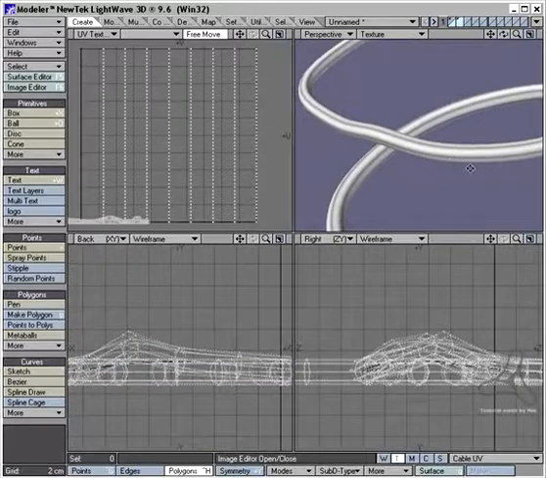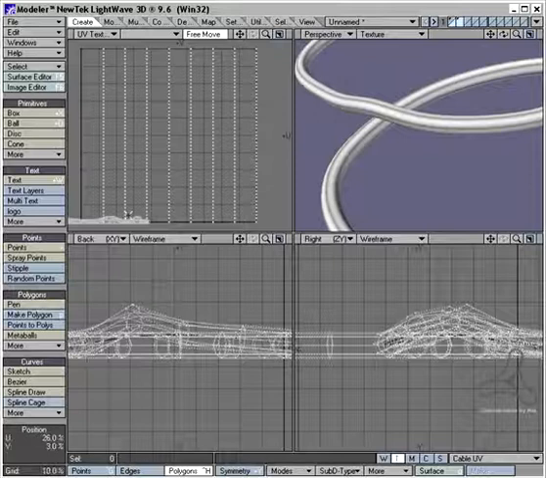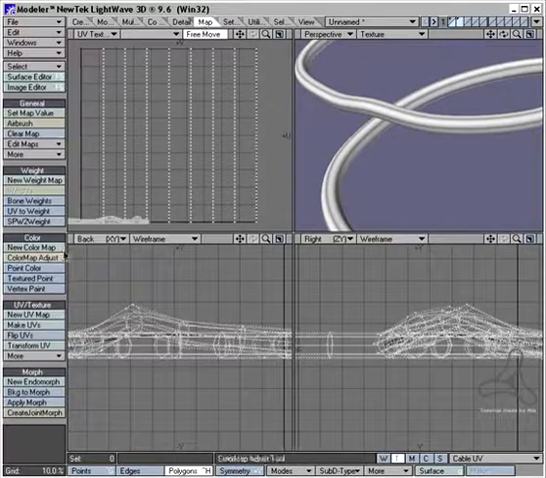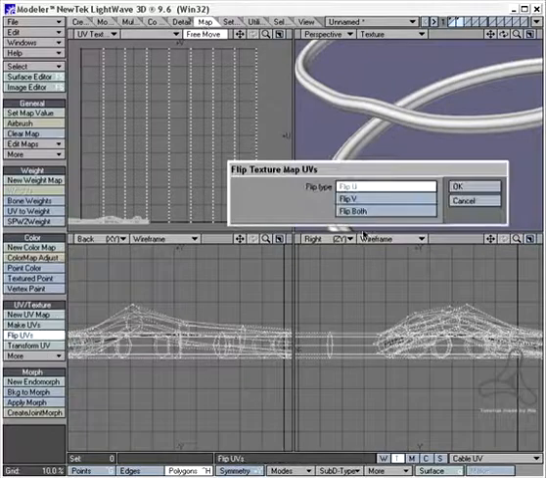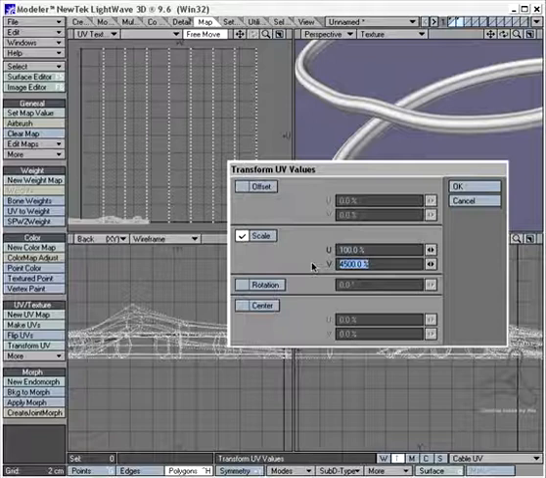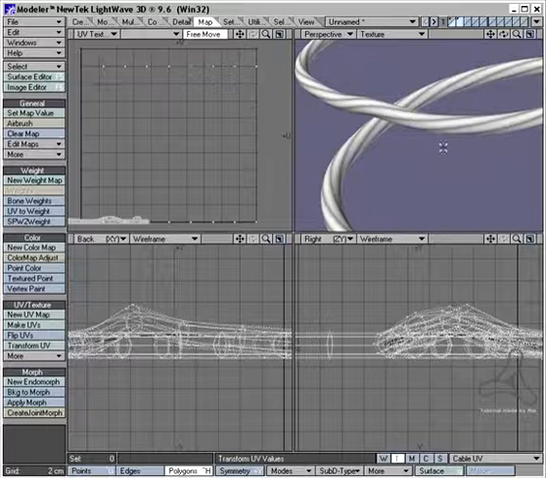However, this is also stretched a lot. So what I want to do now is go to my map here, and I'm going to transform the UVs and scale these down a lot. Here I put 4500 to make this texture repeat a lot. So I'll scale down here, and you see now